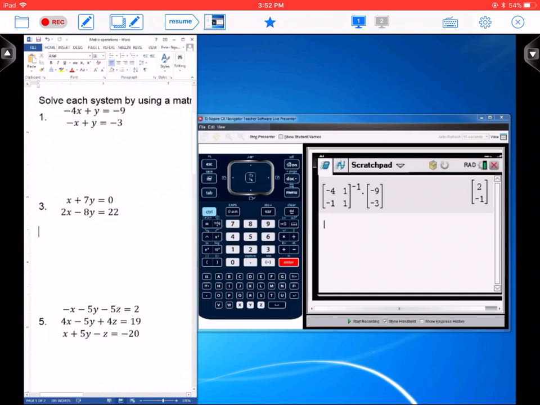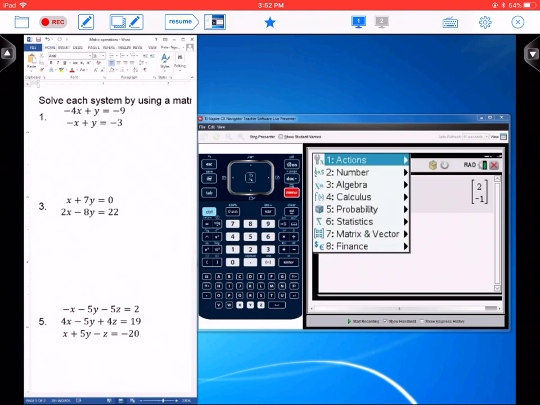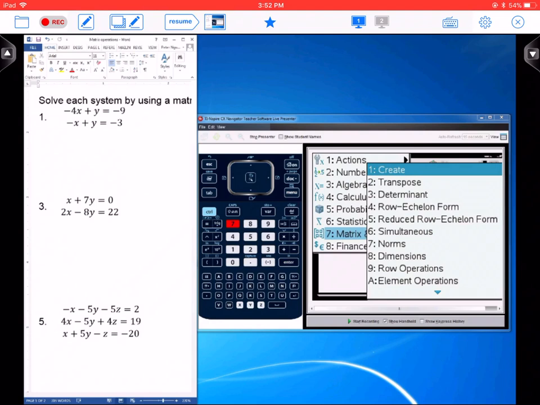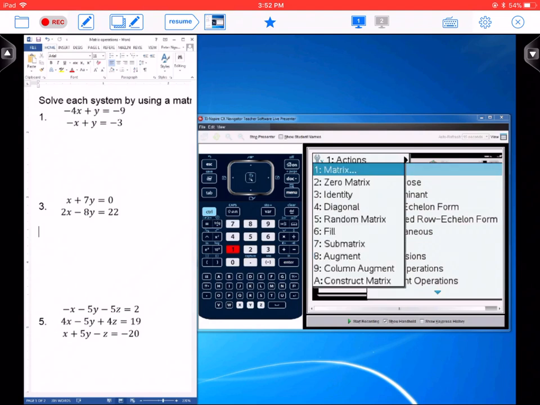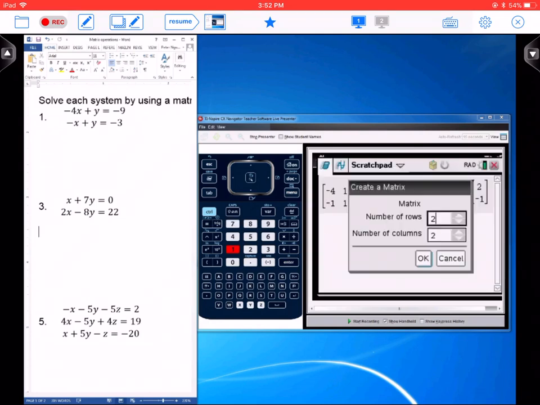Let's say if I were to do number 5. Number 5, there's a lot of letters, right? First off, focus on just the equal sign, right? So only the left side, just do the left side. So we're going to write a matrix of just the left side. So 7 for matrix, 1 for create, 1 for matrix. But notice that there are 3 problems this time, right? So you need 3 rows, okay? So we need 3 rows, and then,